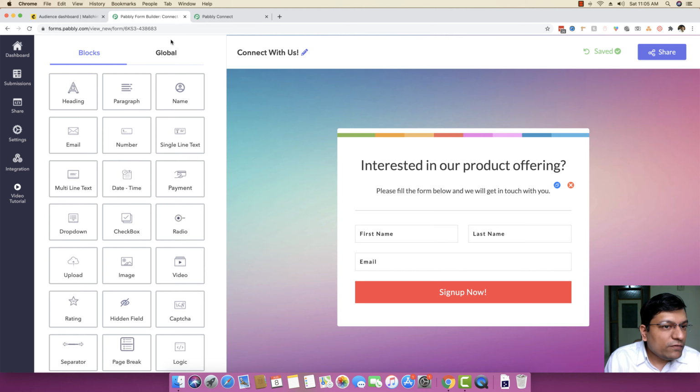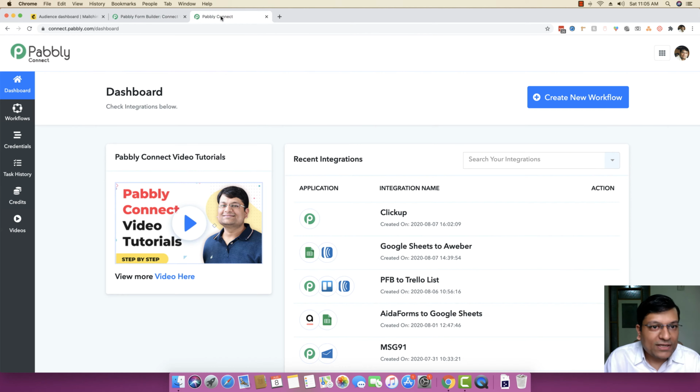This is just a demo between Pabbly Form Builder and MailChimp, but rest assured you can use Pabbly Connect to transfer data from any application to any application. We have hundreds and thousands of integrations already, so you can basically create just about any integration that you can really imagine. So the very first thing that you have to do is click on